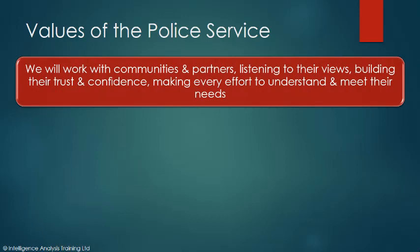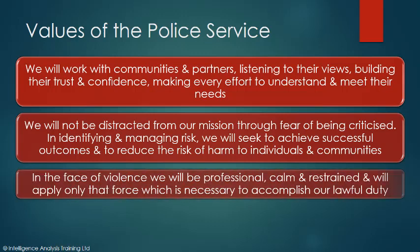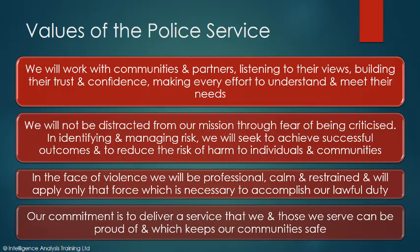We will work with communities and partners, listening to their views, building their trust and confidence, and making every effort to understand and meet their needs. We will not be distracted from our mission through fear of being criticized. In identifying and managing risk, we will seek to achieve successful outcomes and to reduce the risk of harm to individuals and communities. In the face of violence, we will be professional, calm and restrained, and will apply only that force which is necessary to accomplish our lawful duty. Our commitment is to deliver a service that we and those we serve can be proud of and which